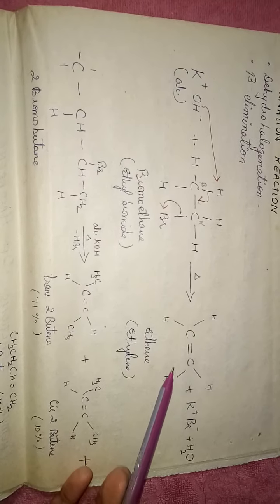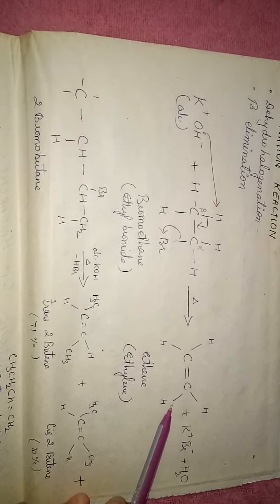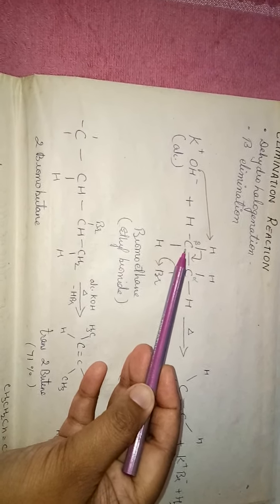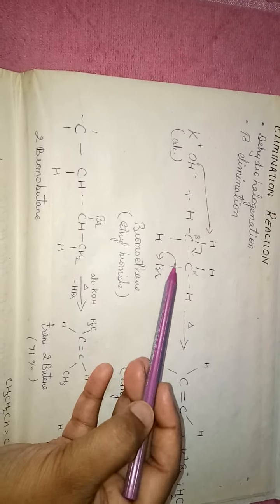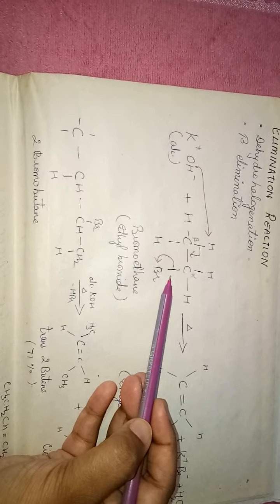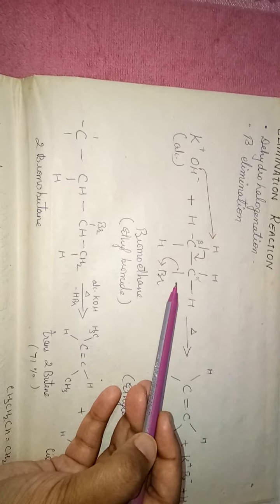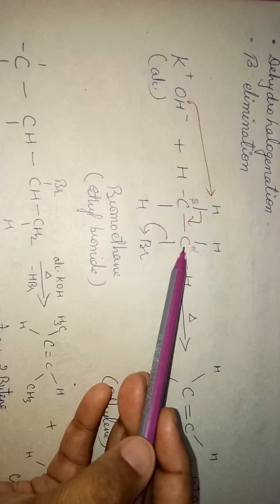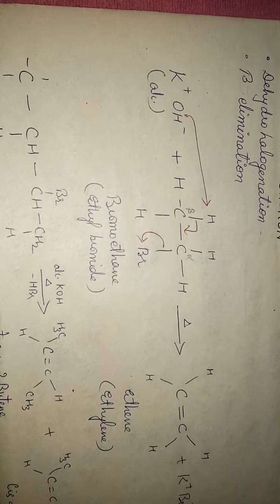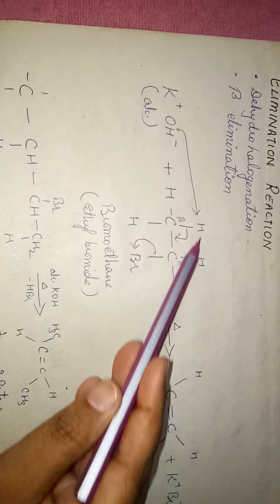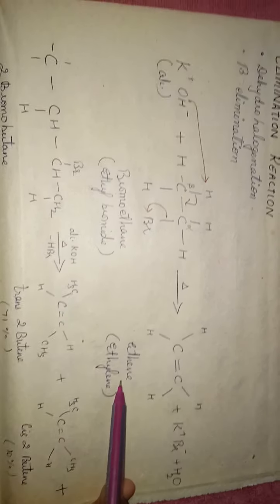The hydrogen of alkyl halide which is eliminated comes from beta carbon. What is beta carbon? The carbon atom next to that which carries the halogen atom. And the halogen comes from alpha carbon. Which is alpha carbon? The carbon atom which carries the halogen. You can see here clearly, this is alpha and this is beta. So elimination is taking place from beta, so it is known as beta elimination and an alkene is formed.